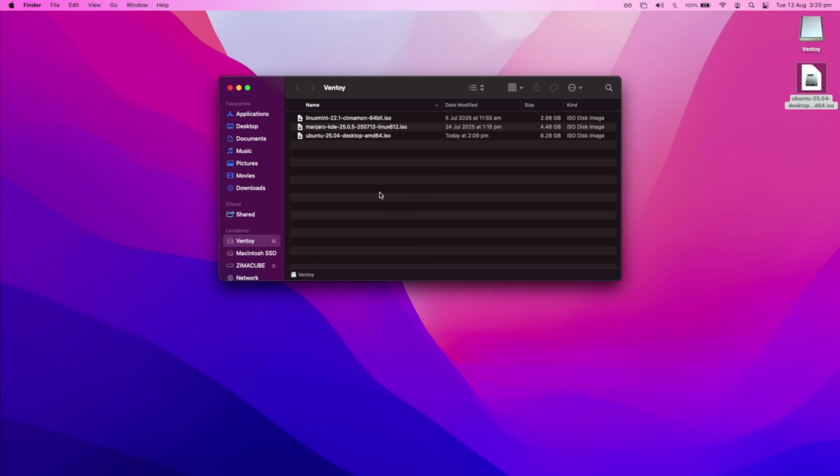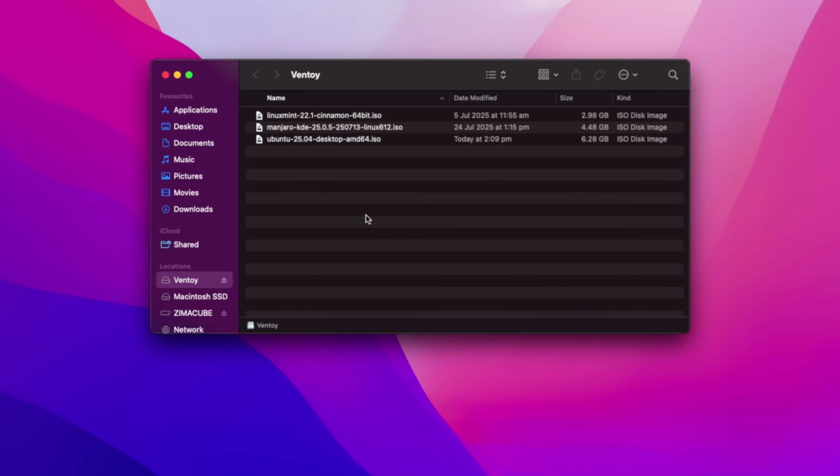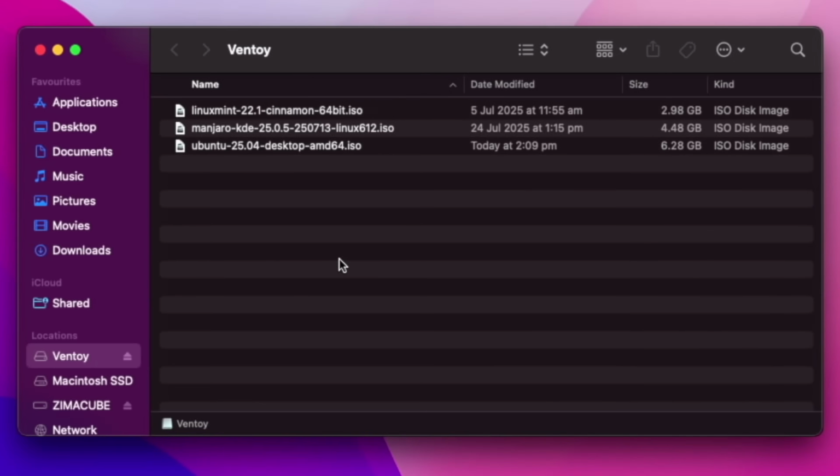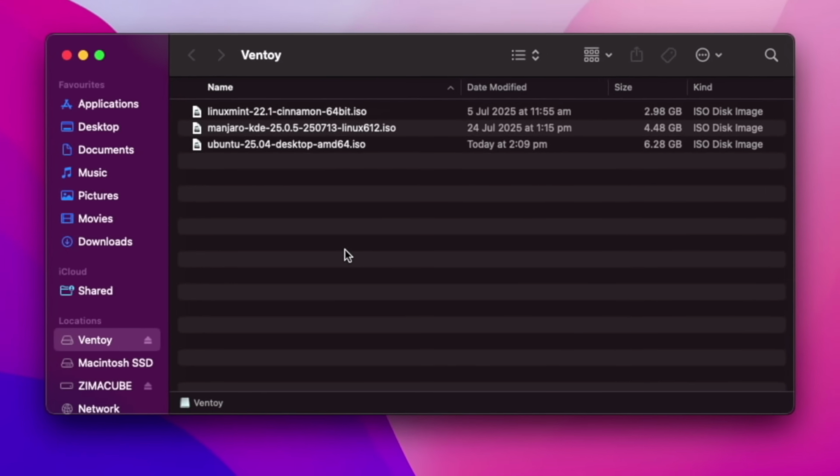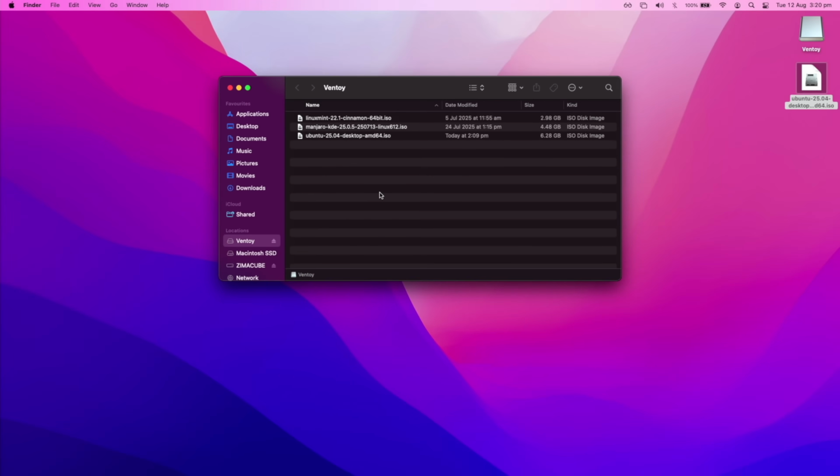Secondly, the size of the ISO file, the file that I dragged from my desktop to the Ventoy USB, that is the largest ISO file of the 3 operating systems here. So what I would assume in that situation is that Ubuntu has everything it needs in this ISO file to install, and it shouldn't need much more from the internet.